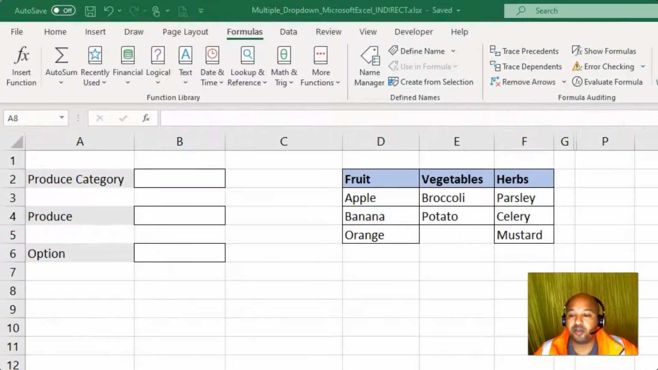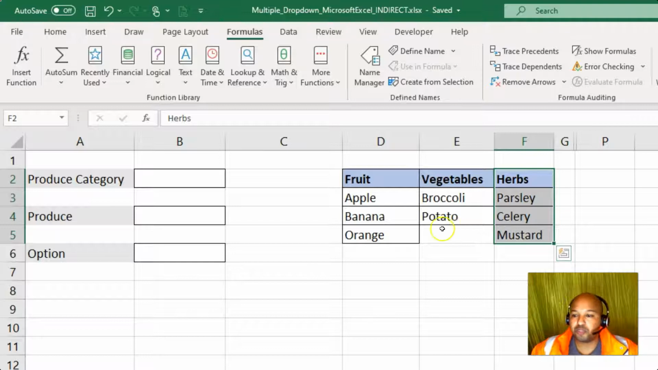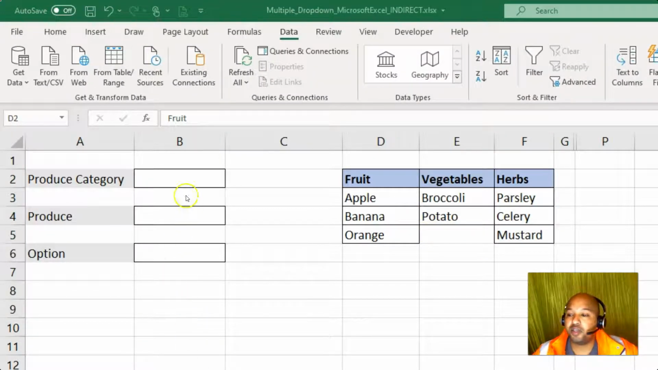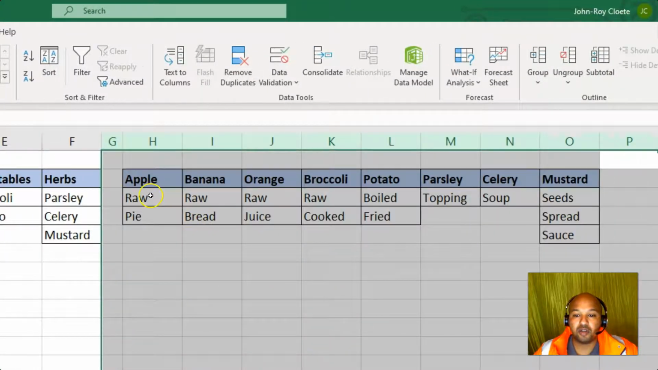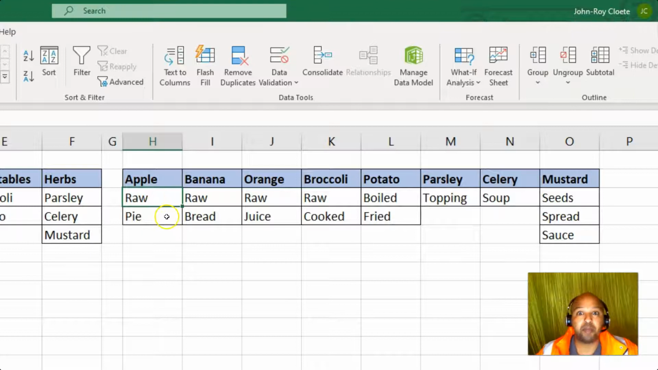So what we have here is a list of different produce, being fruit, vegetable, and herbs. I just made it a bit short to explain the concept. What we would like to have is a drop-down list here to select either fruit, vegetable, or herb in B2. Then once that's selected, the dependent one should be produce from that, so it's the subcategories. And then once we've selected either, let's use the example, apple in here, then we would like to see, now this is where I add the second subgroup